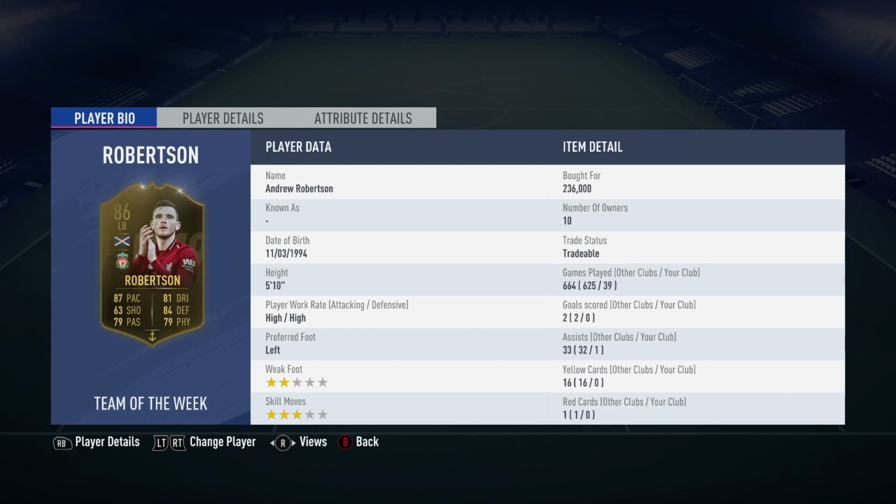And then we have our left back, Andrew Robertson. I've had him twice. I had him when he was an 84 before he got upgraded. He's been good. Stats are good, he's by far the best left back in the Prem besides the Marcus Alonso SBC for the Europa League, but he's good. I wish I kept him because he was about 90k, and now I bought him for 220 something, I believe,